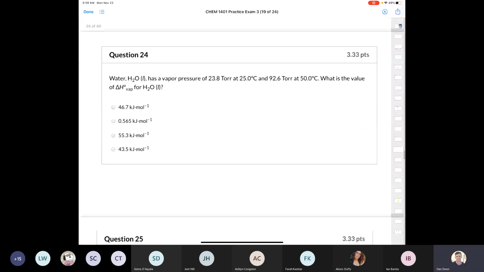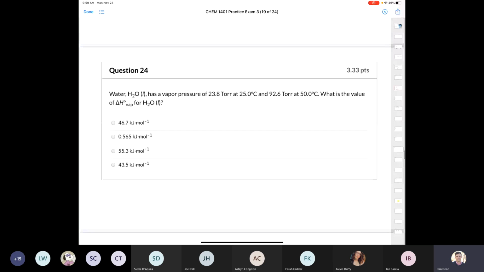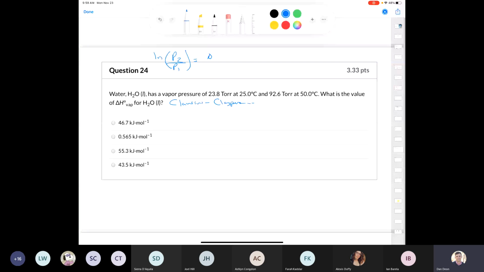Number 24, another problem with some numbers in it. It says here, water has a vapor pressure of 23.8 torr at 25 degrees Celsius and 92.6 torr at 50 degrees Celsius. What's the value of delta H of vaporization for water? This is a problem where we're going to use the Clapeyron equation. Okay, and you would need that equation, which is the ln of P2 over P1 is equal to delta H of vaporization over R,